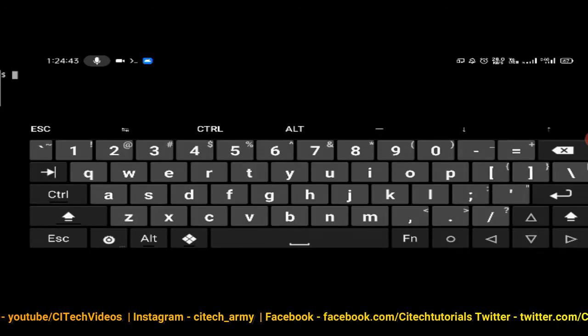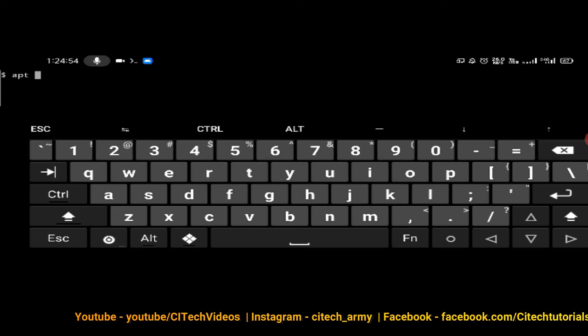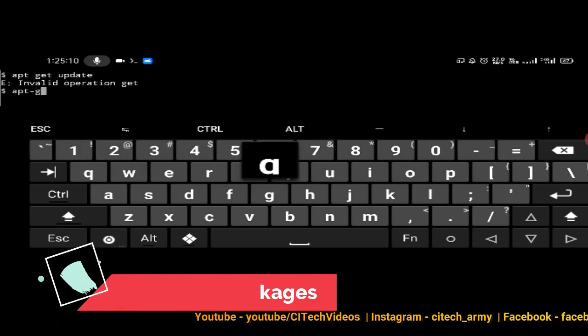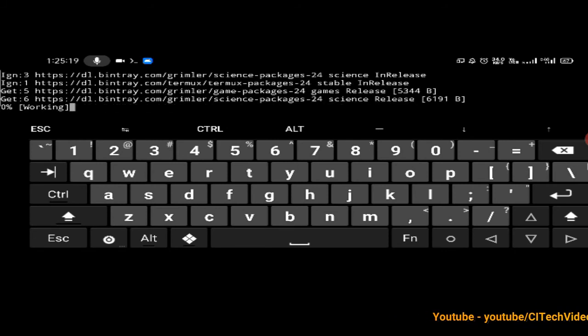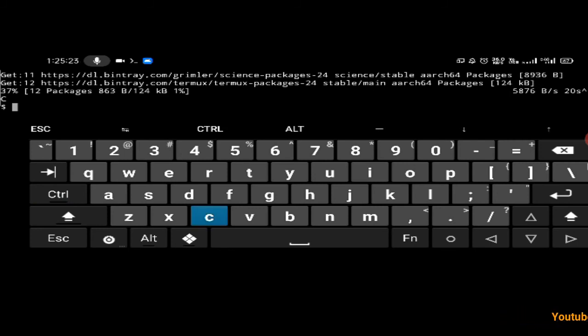The command will be apt, run for any package related queries. So the command should be apt-get update, and press enter. This will start updating your machine. I am cancelling for now.